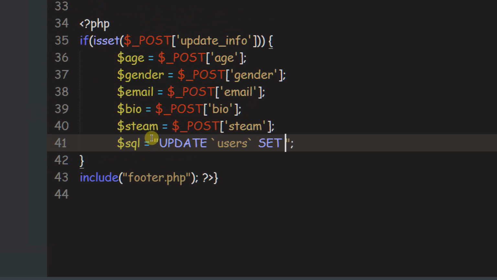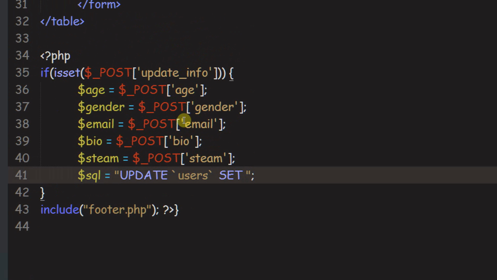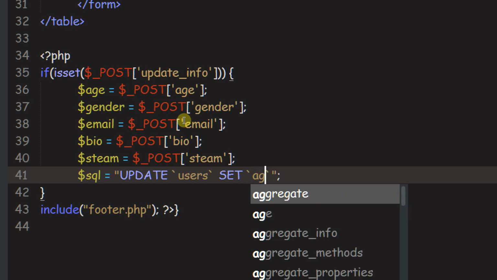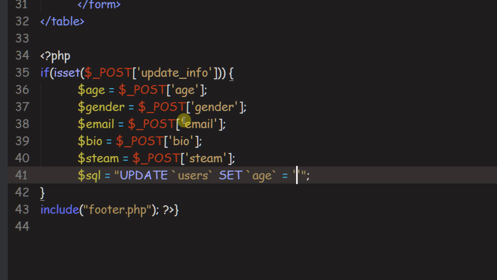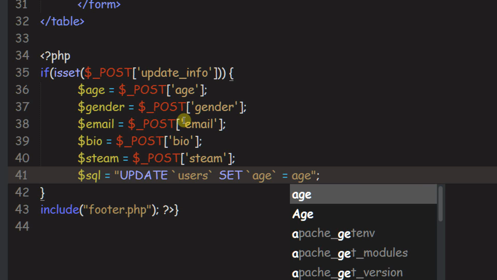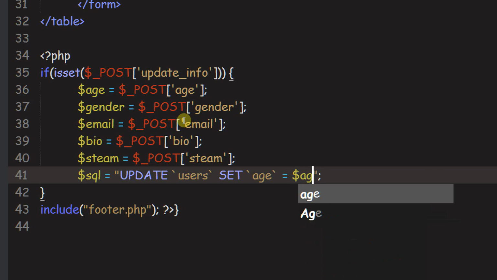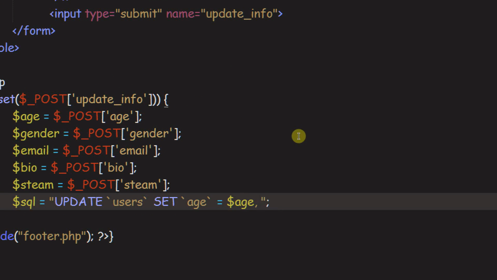And now here's where we're going to start setting some values. So we're going to set age equal to, actually, wrong way to do that. We're going to set, this needs to be with backticks, so age equal to, and inside here, $, actually that's an int, so we're just going to do age, and then $age. And then we're going to do, not period, I swear. So set age equal to age, and then comma, and then we want to do gender